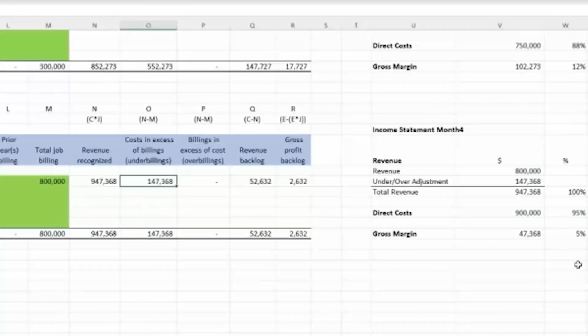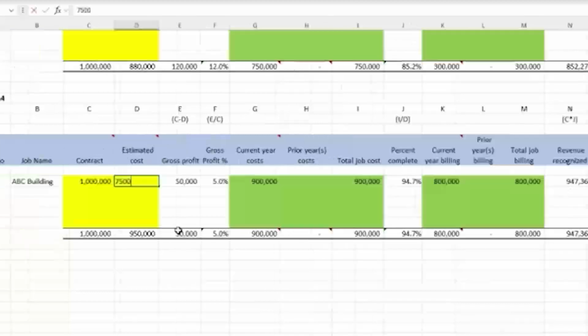It's correct. But over on the P&L, we thought we were making 12% margin, and we were, up until we realized there's an error in the job. And now the P&L goes down from 12% margin to 5%. So all this under over adjustment does is make sure your P&L is tracking with what your job is projected to do. So on the other side, let's just say they came in and said, well, the job's actually doing better. It's only going to take 750